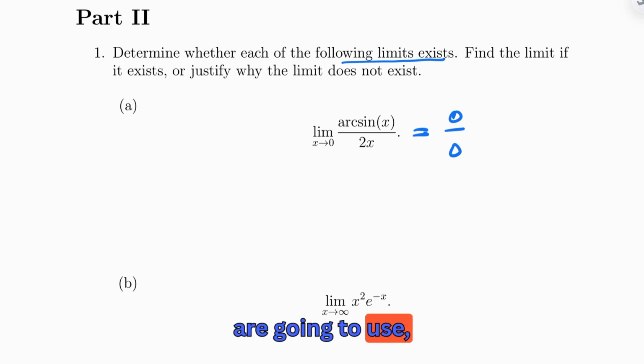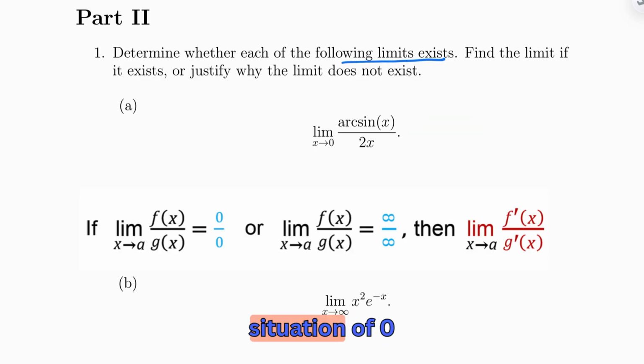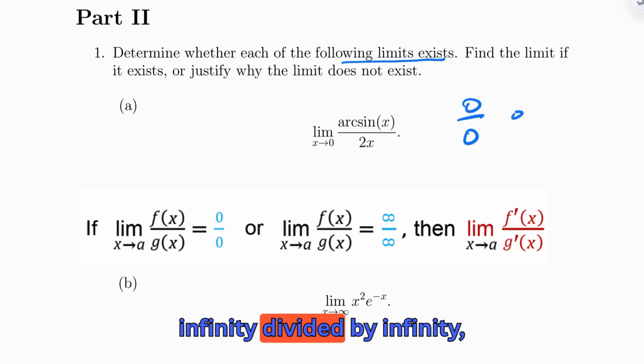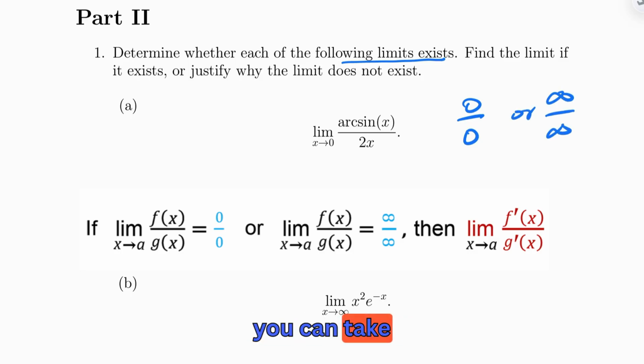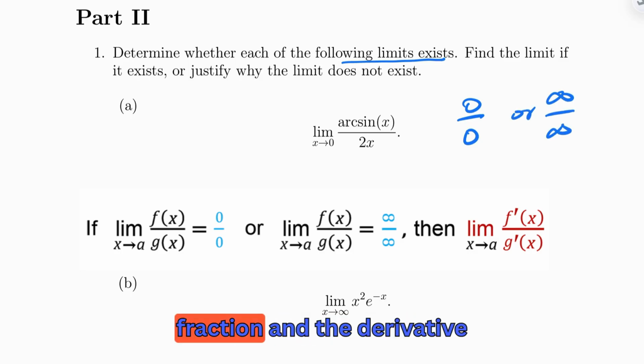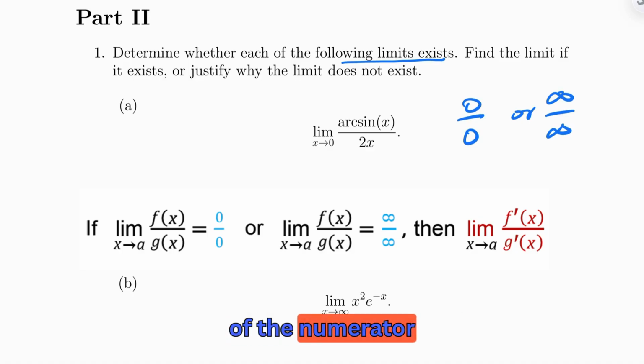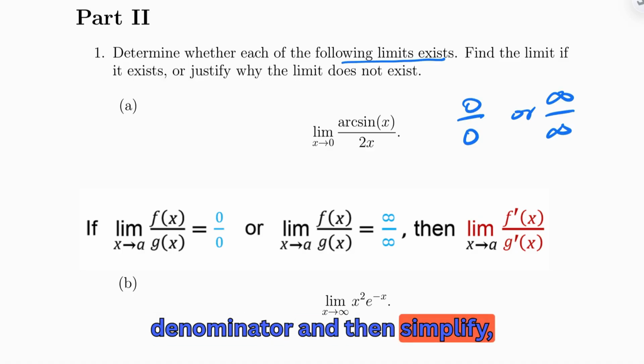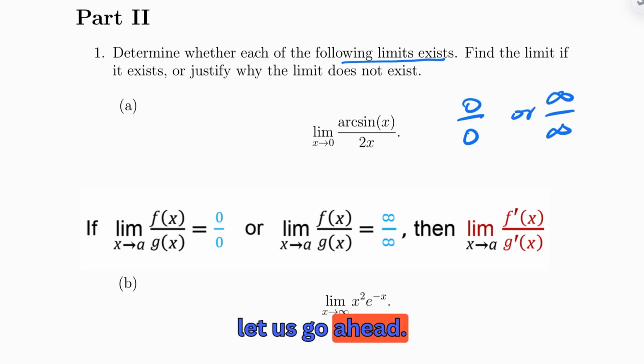So what we are going to use is L'Hopital's rule. L'Hopital's rule says, if you have a situation of 0 divided by 0, or say infinity divided by infinity, you can take the derivative of the numerator and the derivative of the denominator, and then simplify, right? So let us go ahead. This will